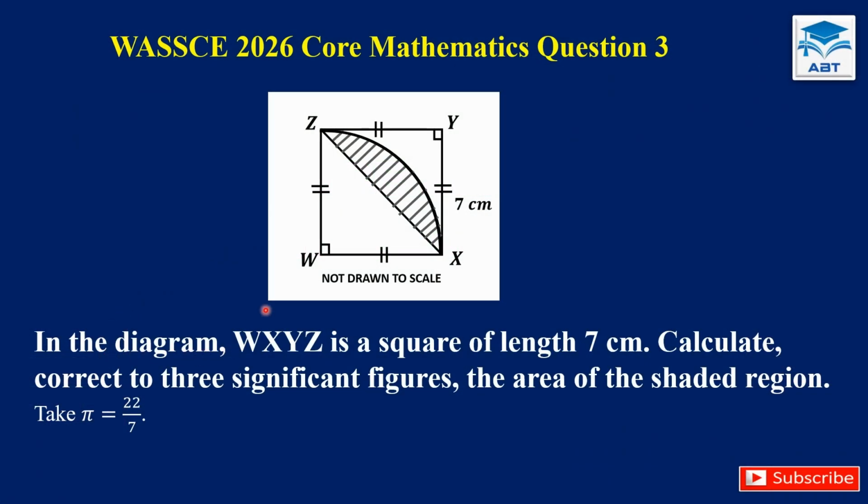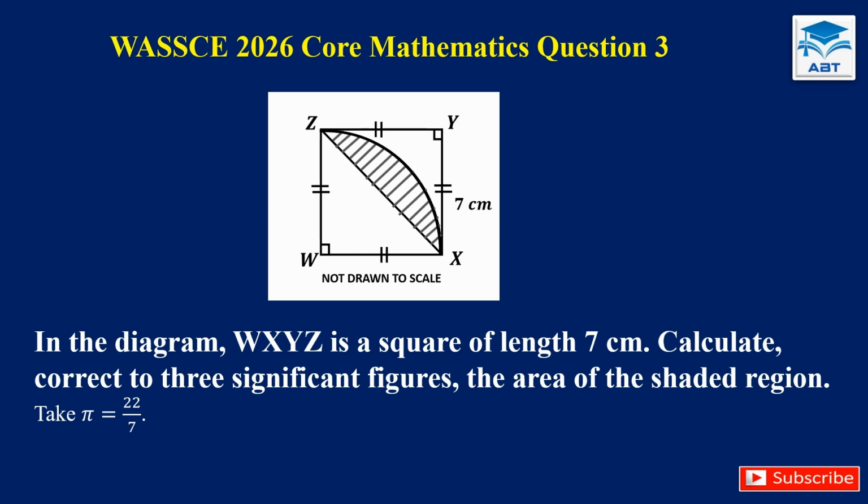In the diagram, WXYZ is a square of length 7 centimeters. Calculate correct to 3 significant figures the area of the shaded region. Take pi is equal to 22/7. So